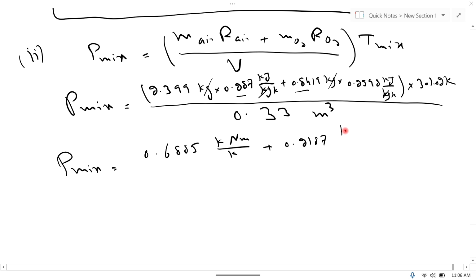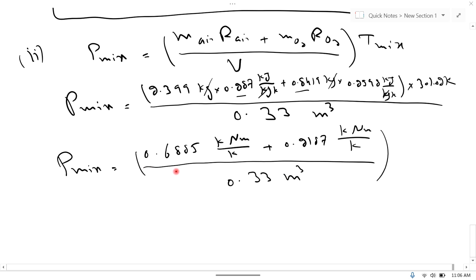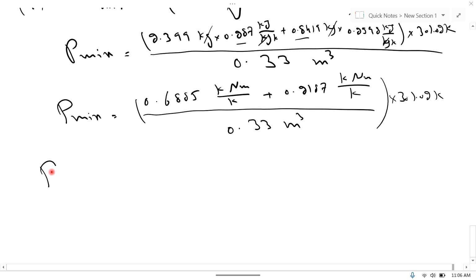Kilojoule per Kelvin is equal to kilonewton meter per Kelvin, divided by 0.33 cubic meter and multiply by 301.02 Kelvin. So pressure of the mixture is equal to, add these two values, which is equal to 0.9072 kilonewton meter per Kelvin